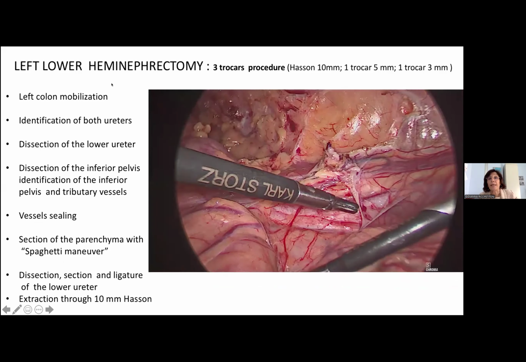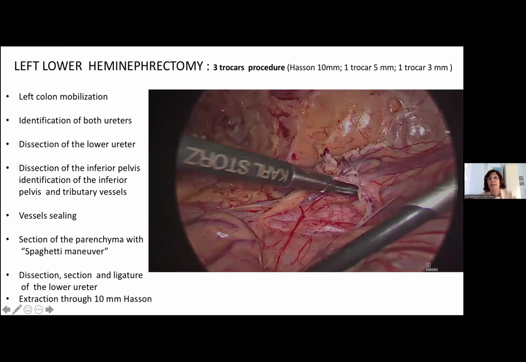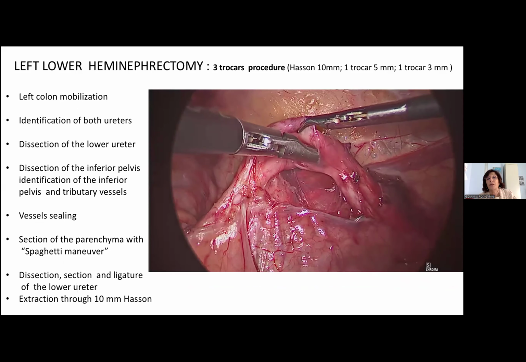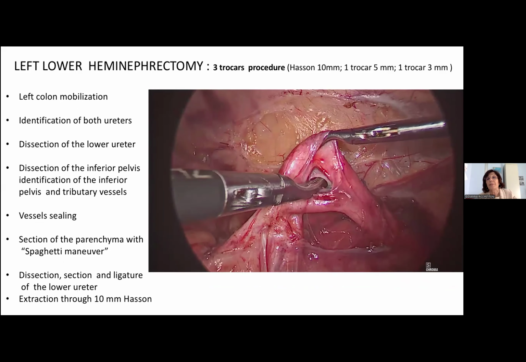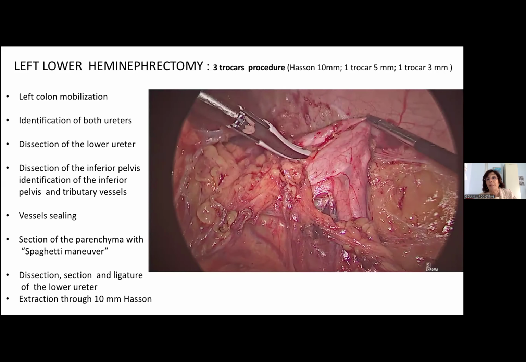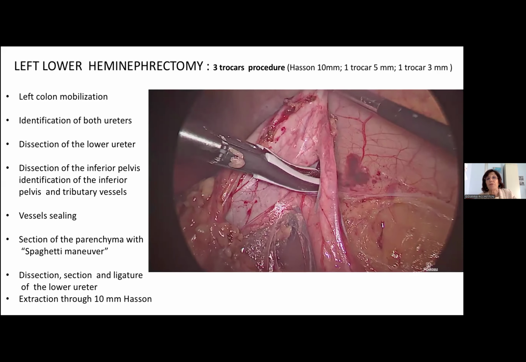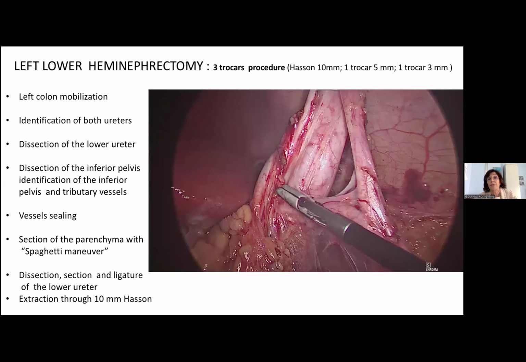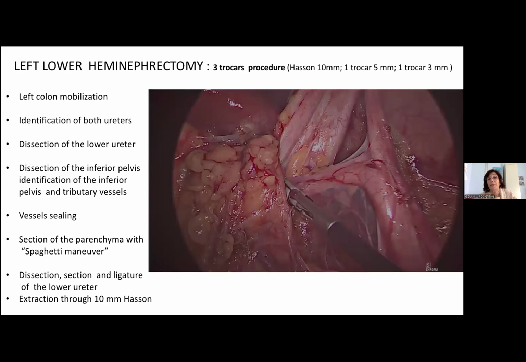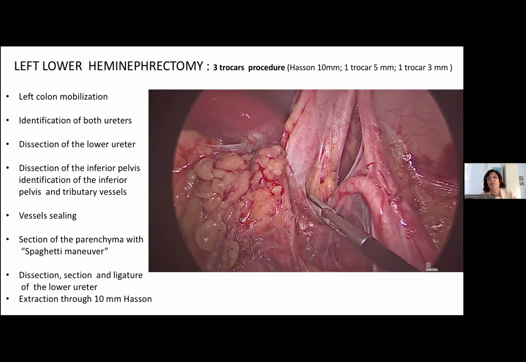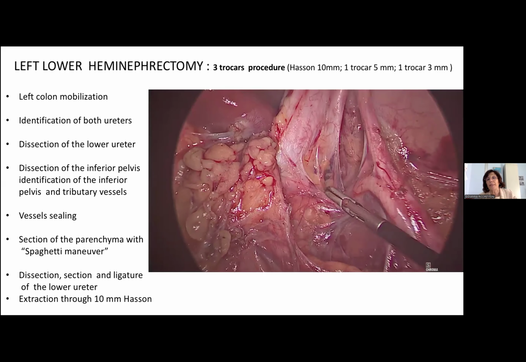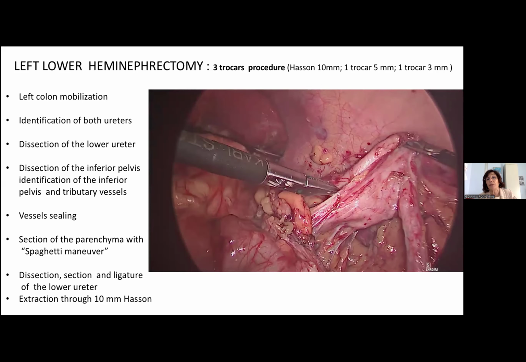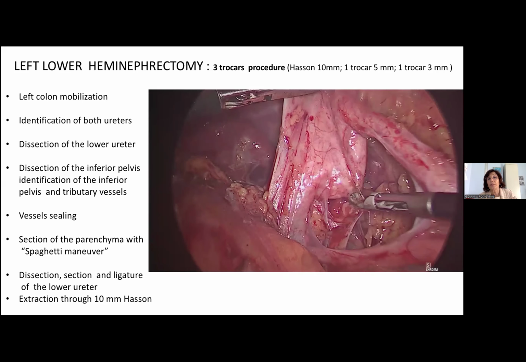This was the left side. On the left side, it was just a three-trocar procedure. That means it was not necessary to put another instrument. There are one 3 millimeter and one 5 millimeter for the ligature. Also in this case, the dissection was very close to the adventitia of the ureter and of the pelvis, in order to identify very clearly, as you can see quickly, the vessels, and to clean all the tissue